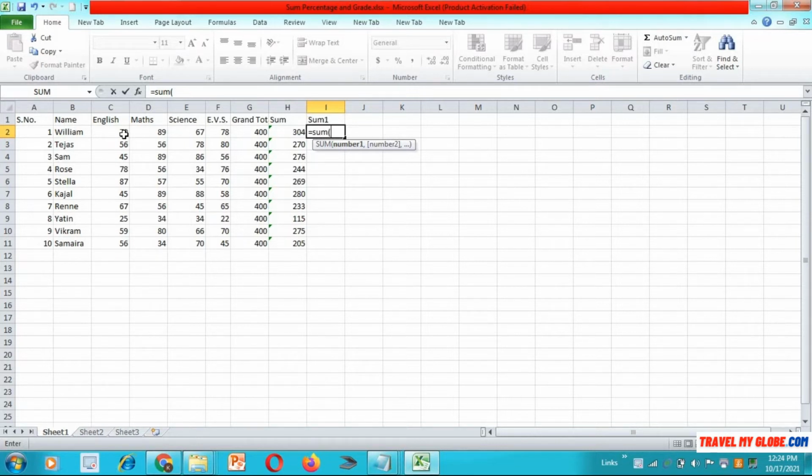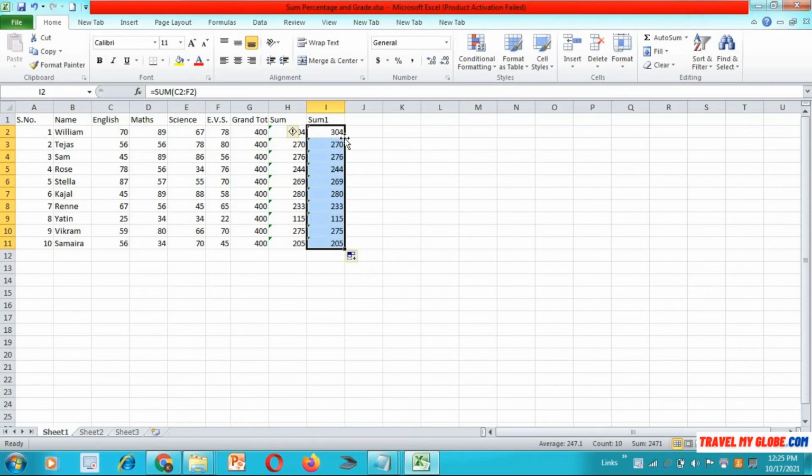So just select the range English, maths, science, and EVS, means from cell C to cell F. If you want to close the bracket, then just close it, but if there is a single bracket, then there is no need to close it, but it's a good practice if you do it. It will calculate the sum. See, this has the same result as the column number H has. So you can do it manually too. So just double click it and you will get the result for the rest of the cells too.